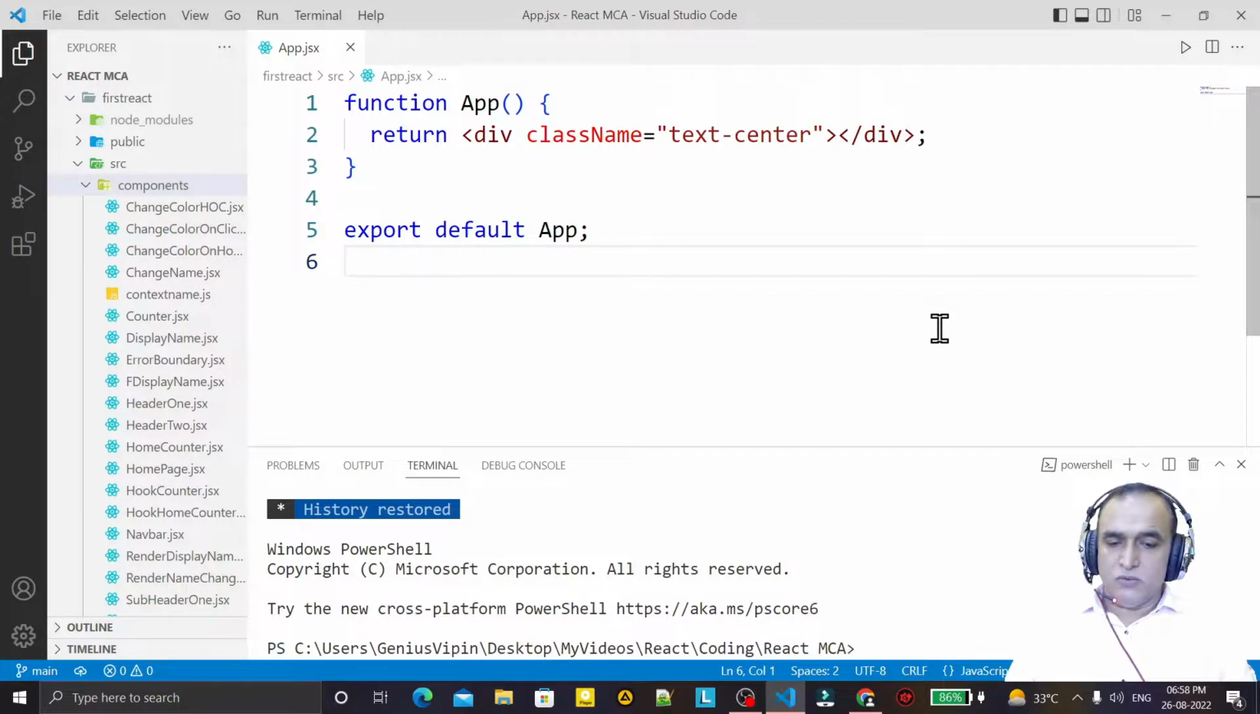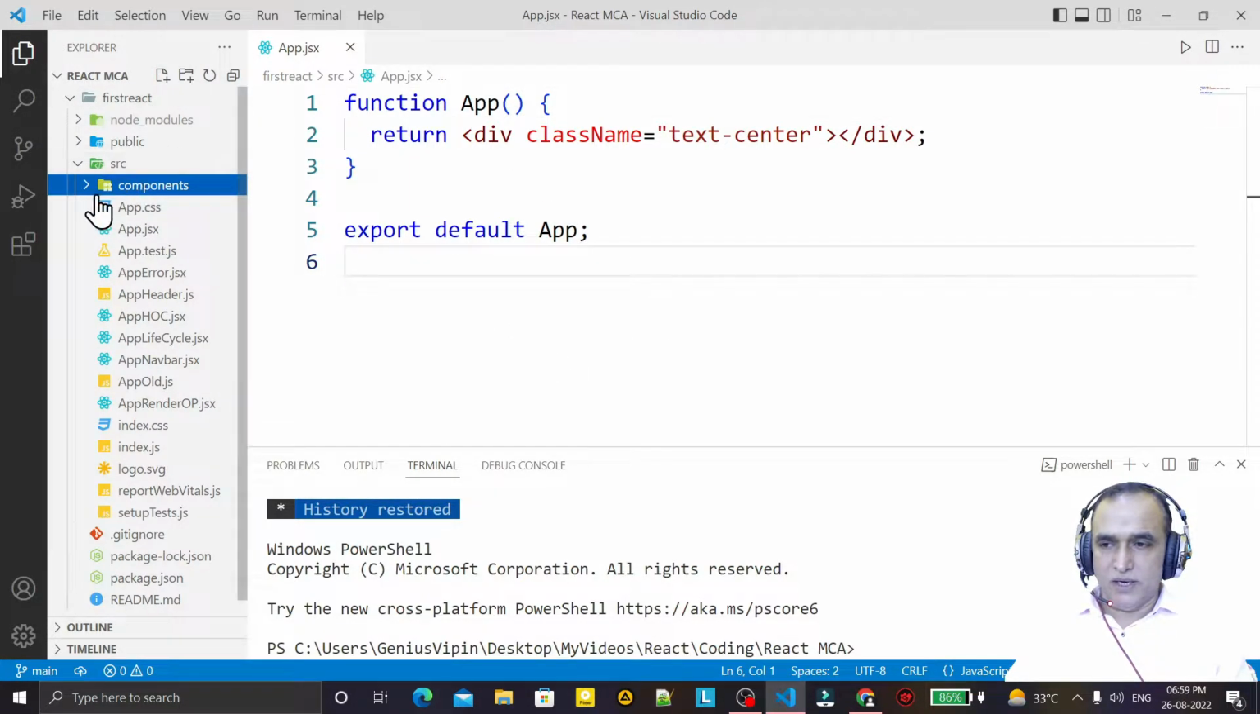In this video, we are going to learn what is the use of context and how to use the createContext function for implementing the concept of context in React. So let's understand. Here we have this App component first of all, and here I am creating one more component